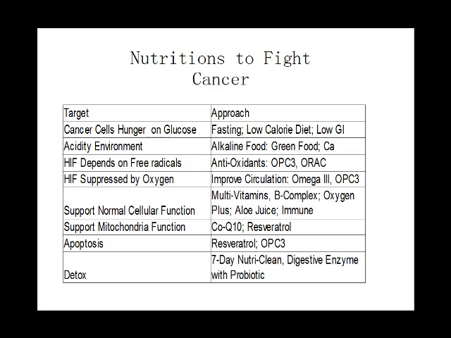Also, we noticed the acidic environment for the cancer cell, right? So we need to eat alkaline food like complete greens and calcium. And we also know HIF, hypoxia-inducible factor, depends on free radicals. That's a switch, right? Then we use antioxidants like OPC3 and ORAC. HIF is suppressed by oxygen, so we need to